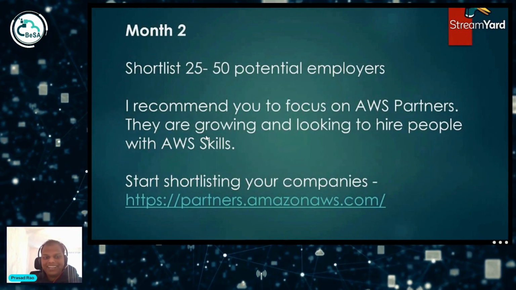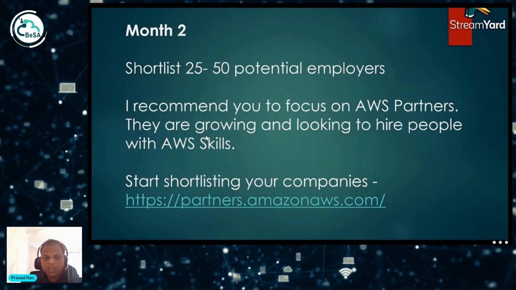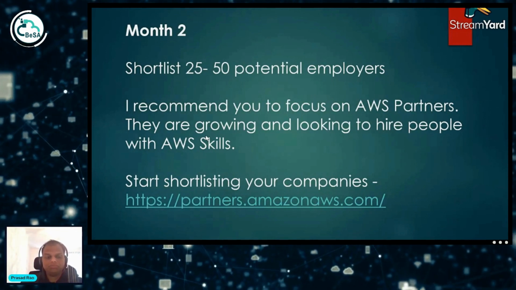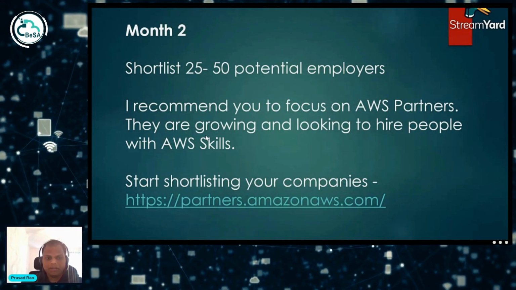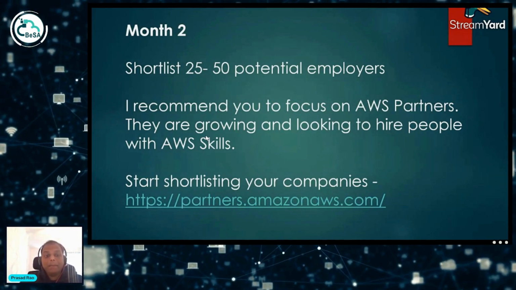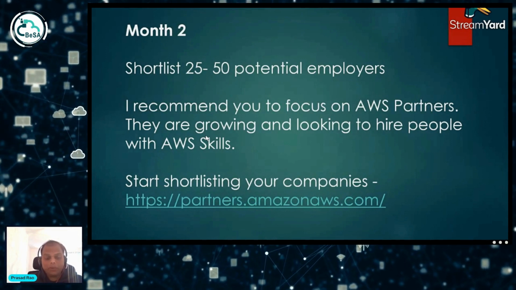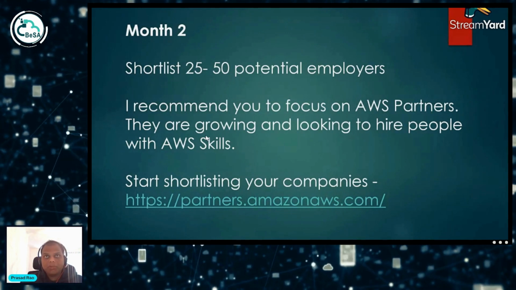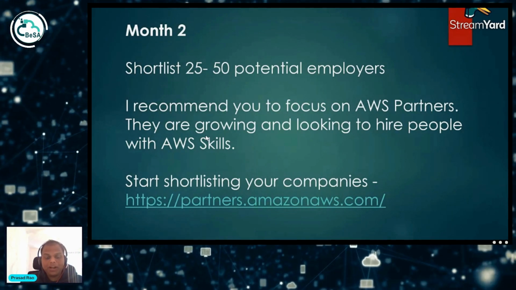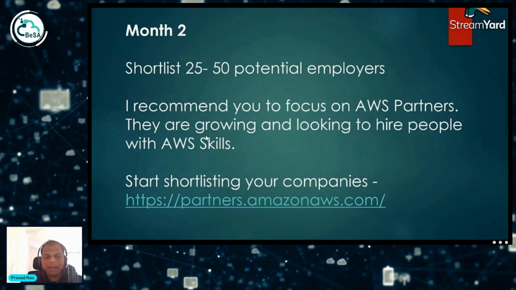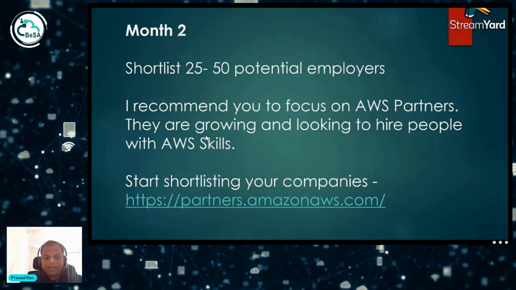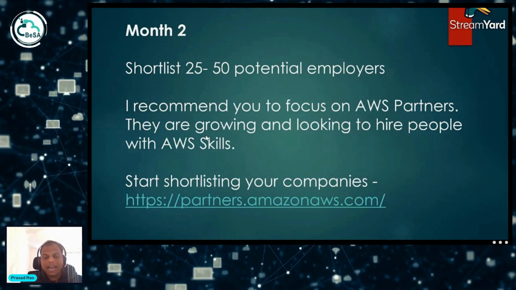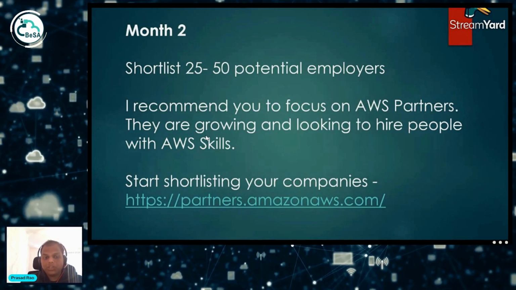This is important. Obviously, you would like to work for the tier one companies, but there are other companies which are really good and amazing, and they are hiring people who have skills on AWS. So you can start shortlisting your potential employers, and that will give you a list: these are the companies I'm targeting. Then you will have a list of people to connect with on LinkedIn, because you can start searching for those companies and add employees and recruiters from those companies to your network.